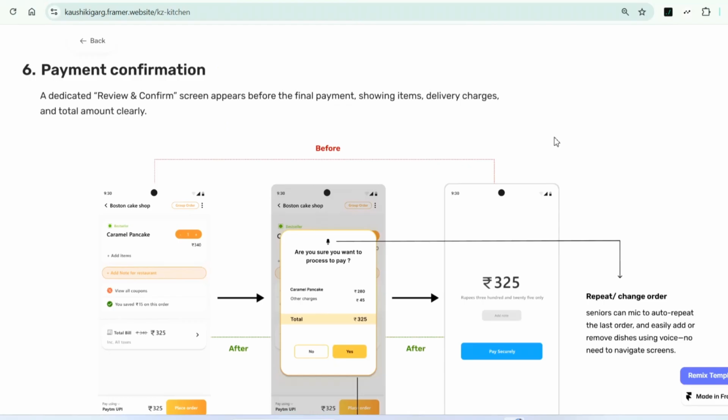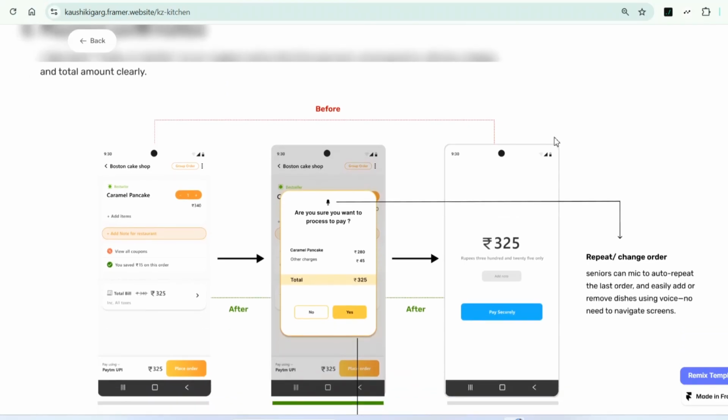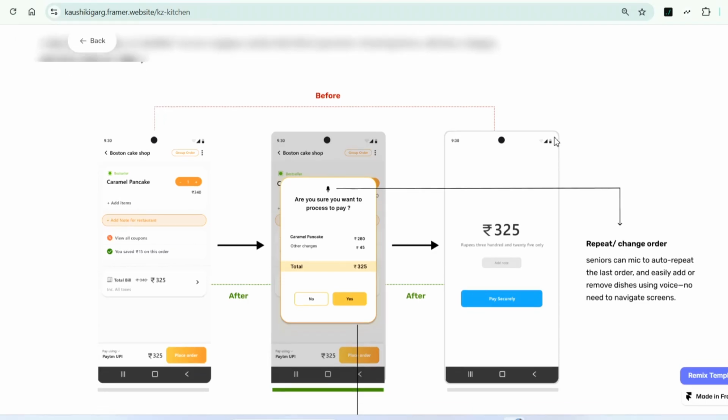So our next feature is payment confirmation, which is missing in generic apps. If you see, after you order a dish, they give you options to pay by cash, card, or whatever, and then you click on the button, and they directly redirect you to UPI or any payment app you have selected. But there is no confirmation